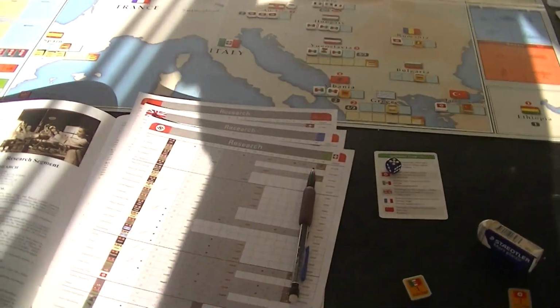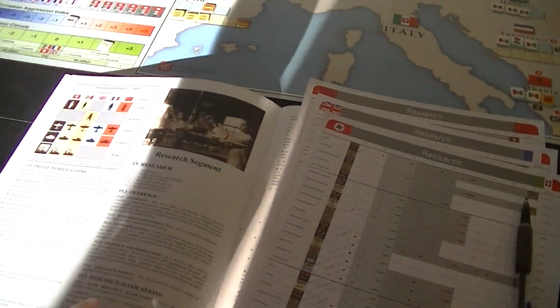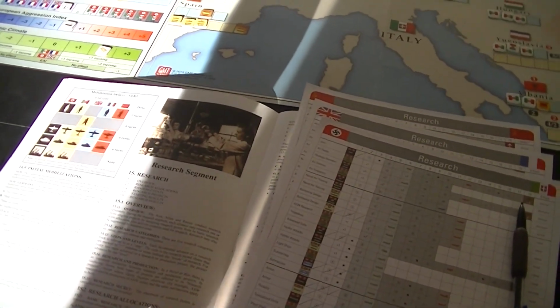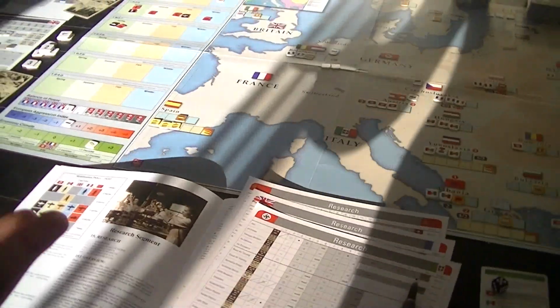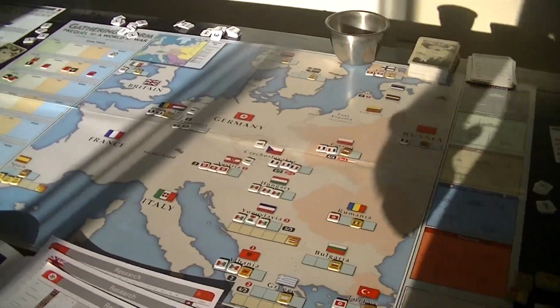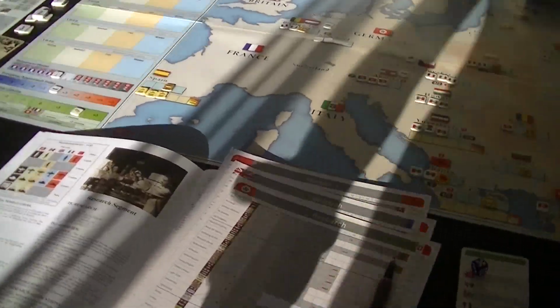But what that means is I'm buying 2 research points here, which is my maximum. So I've got 3 German, 2 Italian, that's 5. An intelligence, make it 6. And an advanced point, make it 7. Now the advanced point is special. I can put that anywhere in the category, and,